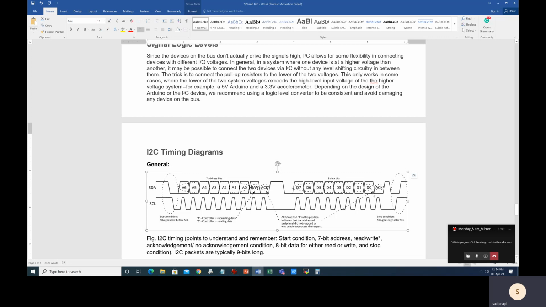And once your data transmission packets are over, or multiple 9-bit packets are over, then you generate a stop condition. That means SCL is held high, and then you go 0 to 1 for the SDA signal. So this is how the I2C timing diagram looks. Now, if you have a write operation, keep this bit as 0, and then there will be an acknowledgement from the peripheral, and then subsequent bits will come from the microcontroller and go to the peripheral, and then the acknowledgement comes from the peripheral. If this was read, the acknowledgement would have come from the controller.